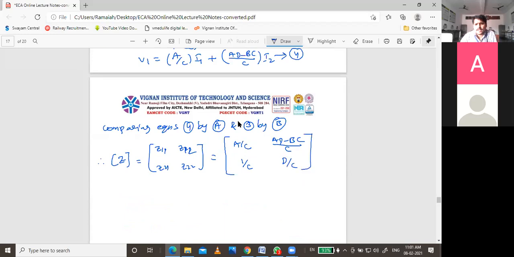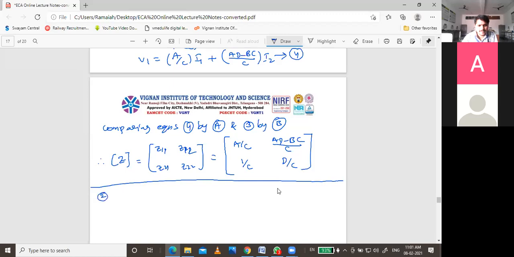Now see, if he gives you the A, B, C, D values, find out the Z parameters. You can directly substitute in these equations, or you can derive it yourself in the examination. So you have completed the relationship for the Z parameters in terms of Y parameters, in terms of H parameters, in terms of ABCD parameters.